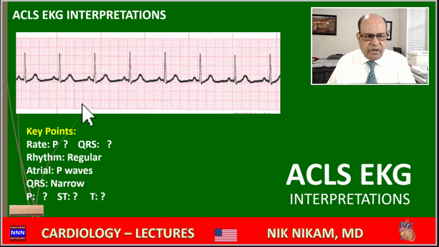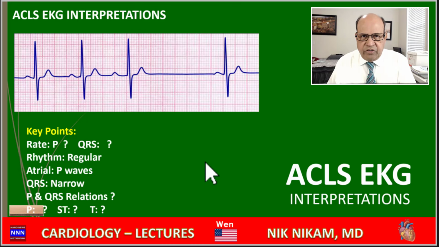Of course, this is a normal sinus rhythm at a rate which is approximately 75 per minute with a regular PR interval, narrow QRS complex, and normal STT segments. What is your diagnosis and what is the management plan? We can pause here for a second and take a look at it, and when you're ready, let us proceed.